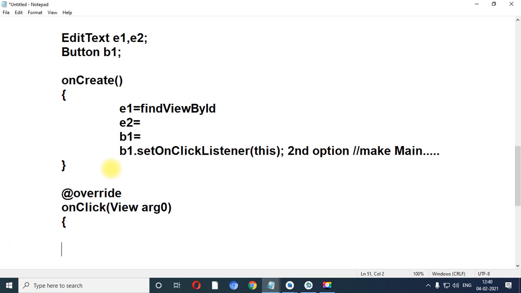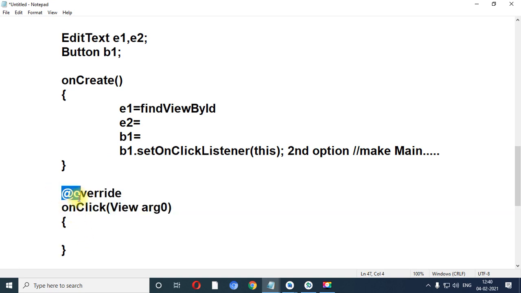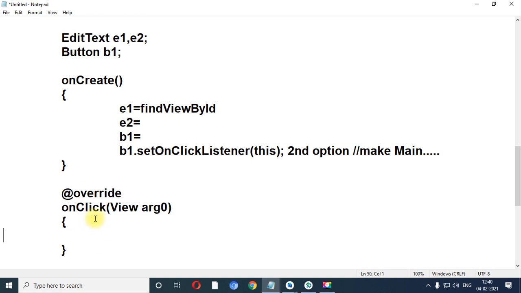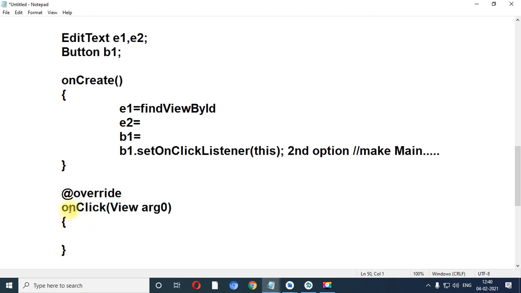So you will get the overridden method automatically. Again I am going to repeat, don't have a typing habit, right? You just need to select all these things. So no need to type the on click method, it gives you the suggestion, you need to press the OK button.